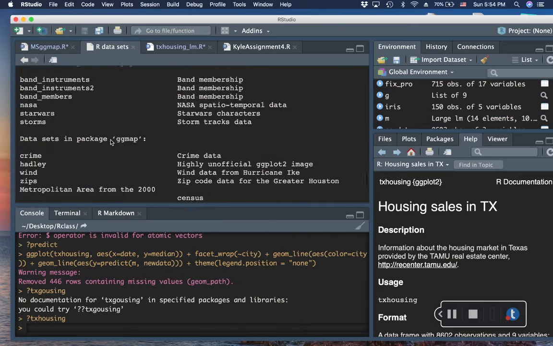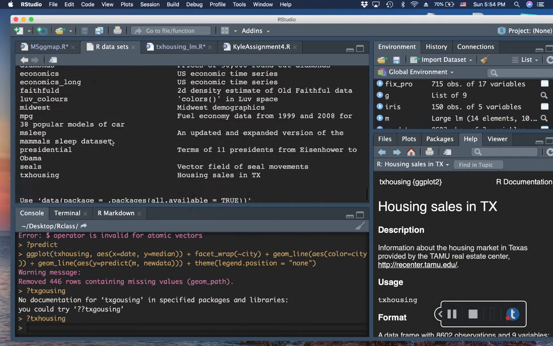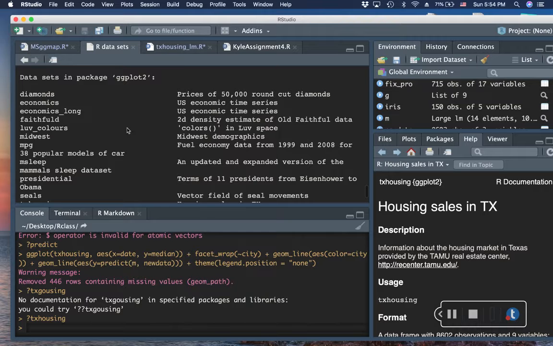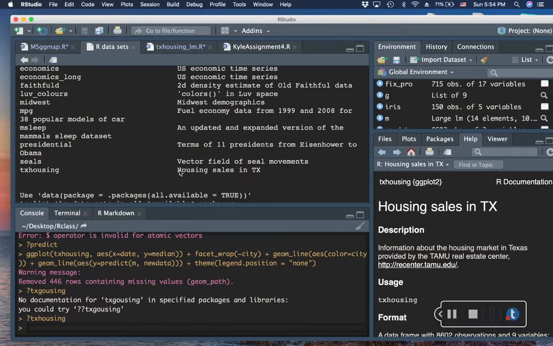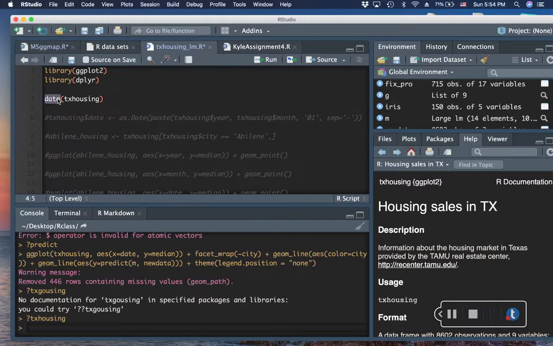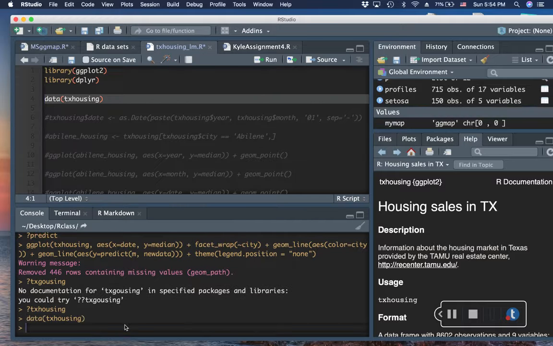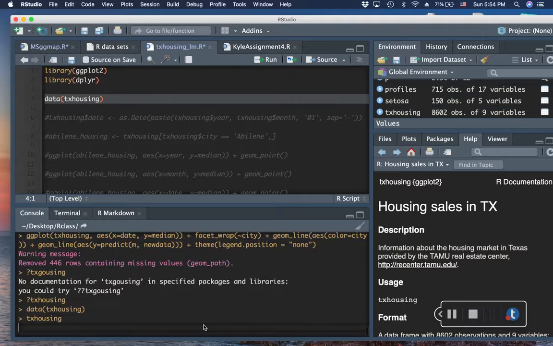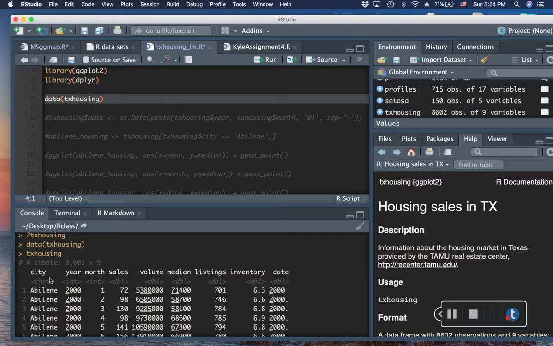ggplot. Let's see here. I've got a list of all of the data sets that are built in, and yep, so under the ggplot package, ggplot2, it lists the Texas housing data set, which is described as housing sales in Texas. So if we run this, and I just call Texas housing in there. It's basically, the records include the city, the year, the month that a sale took place,